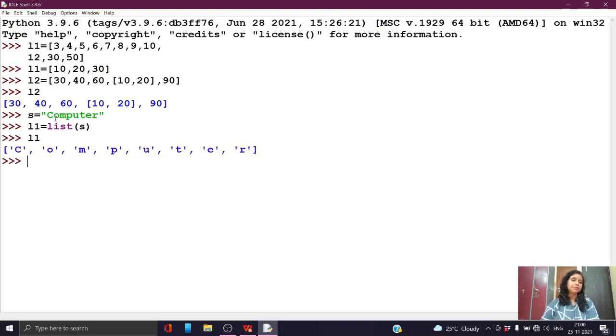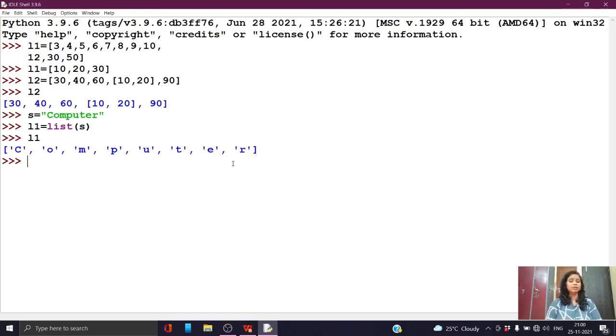Now you can see, if you have created the list from a string, then all the individual characters of the string are now individual elements of the list variable. So now L1 contains C O M P U T E R. So in this way you can create a list from a string.